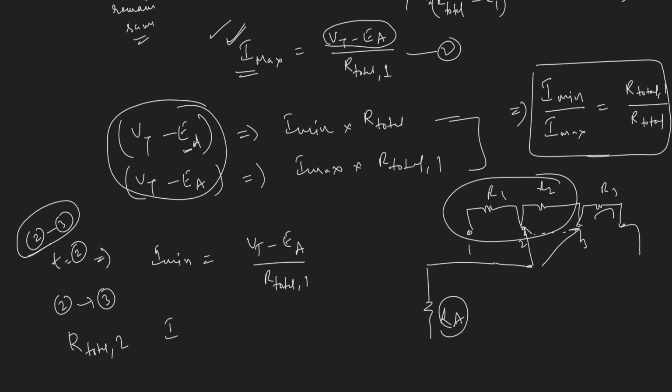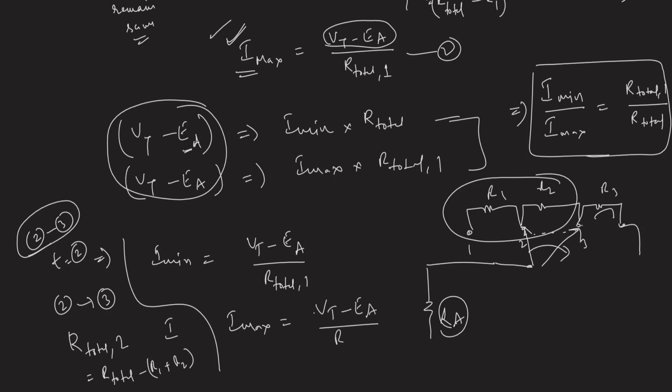So R total 2 will be equals to R total minus R1 and R2. Okay. So I can write down now I maximum when the pointer is moved from 2 to 3 stud. So now the I maximum current will be Vt minus Ea by R total